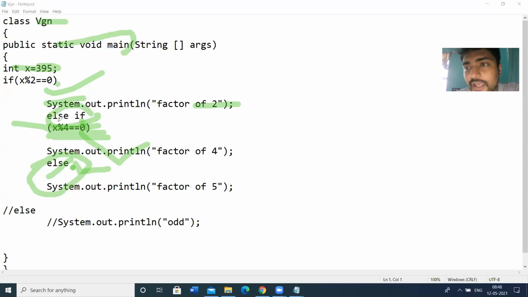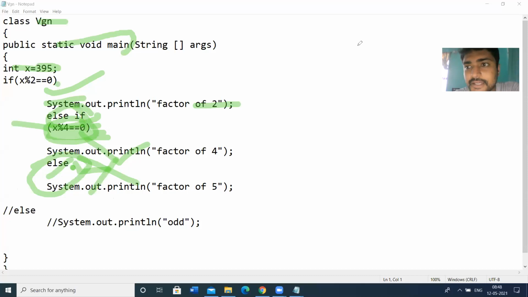The last else statement doesn't have any condition. So if all the conditions went wrong, then else will be executed. Else if must have a condition, else doesn't. So this is the else if chain.